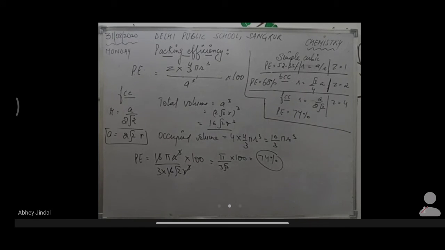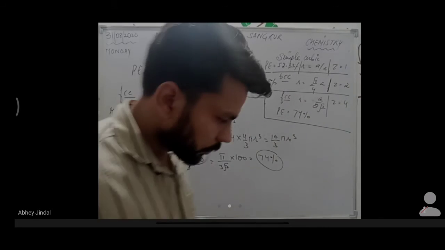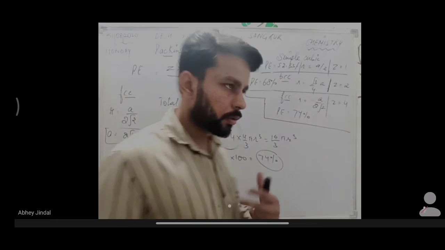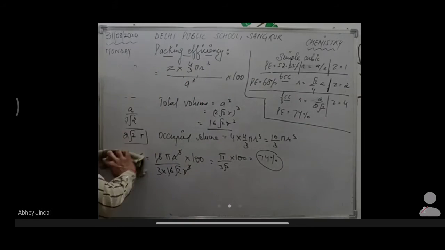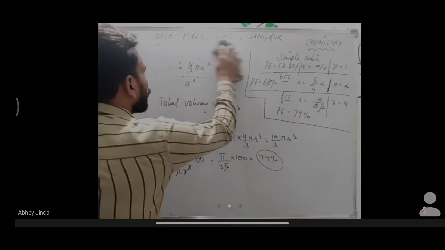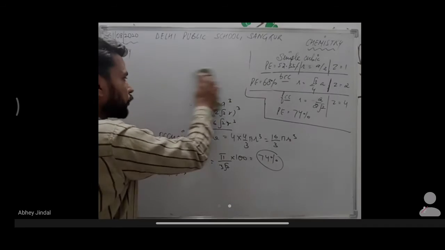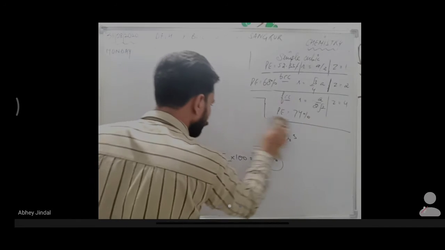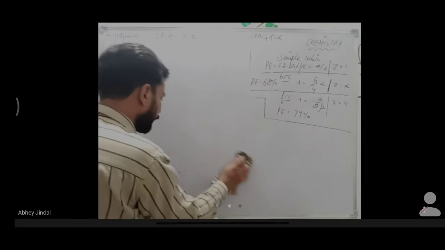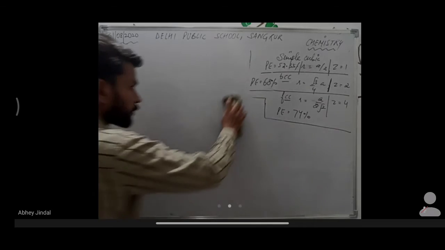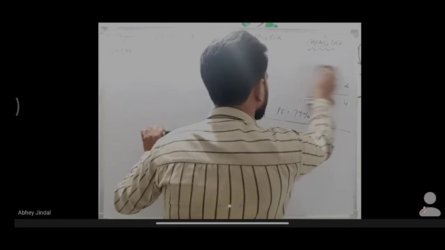Now, the next topic is packing in solids. I will explain that in the next lecture, not today. Now the next topic is the density of a unit cell, or density of a crystal lattice. That is very important, and a numerical from this part always comes in the paper, must come in the paper, for 3 marks only. Okay, clear?